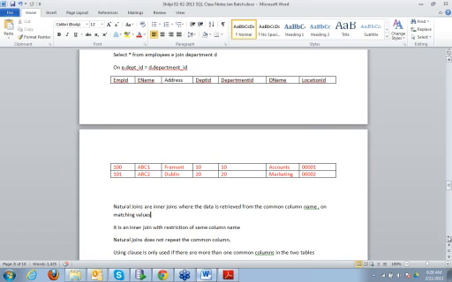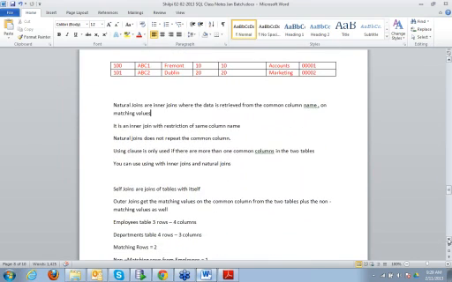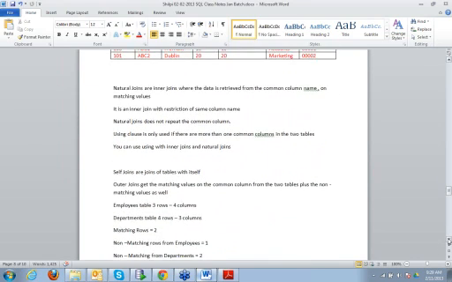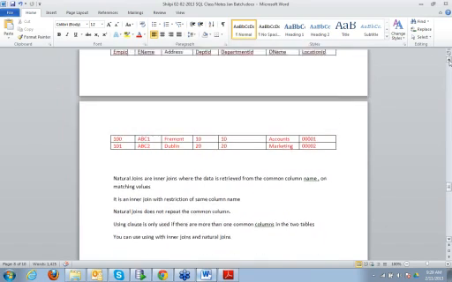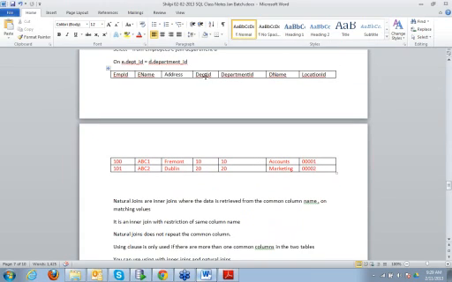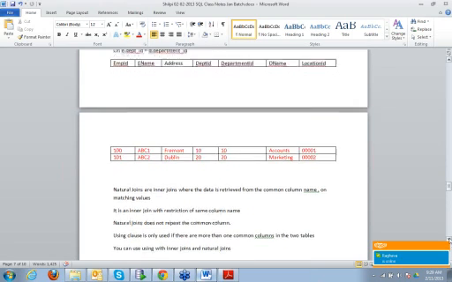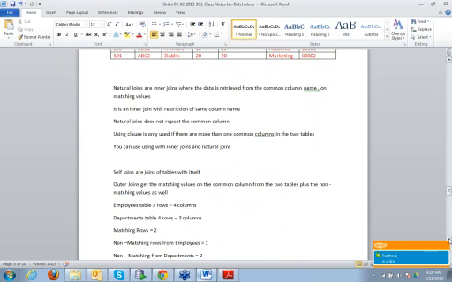And the query which produces it eliminates the duplicate column. So this column would not be replicated in your join result, right? There would be just one column with the common column name.